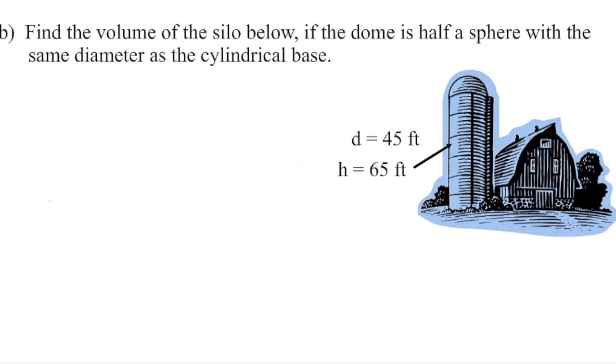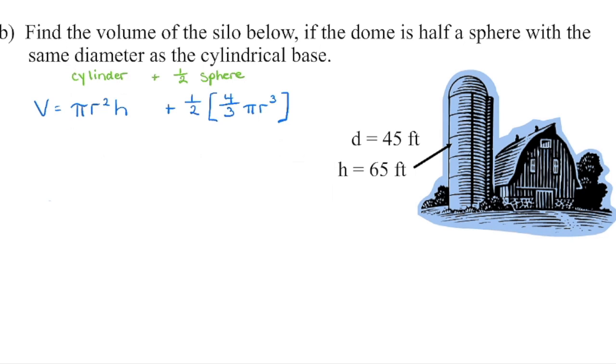And in our final example, we're looking for the volume of the silo, which is made up of a cylinder as well as half a sphere on the top. So I'm going to begin by saying, okay, we need the formula for volume of a cylinder as well as the formula for volume of a sphere, and we're going to take half of that. So I'm going to write those formulas down, and then we begin with the cylinder,